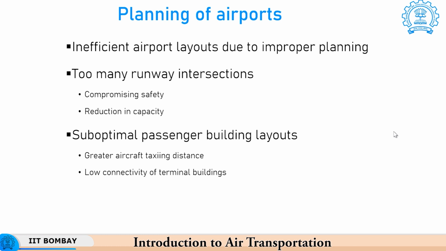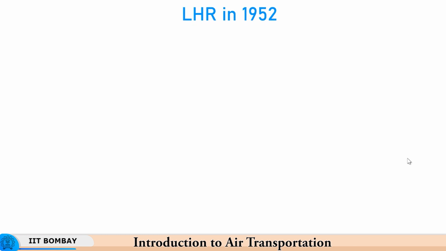Then when passenger terminals are at two different locations and the connectivity between the two is not very good, sometimes you need a bus for connectivity. At some big airports like Munich airport, there are small railway connections. There are these trains which go between terminals. It is quite fast, but still you have to walk some distance and then wait for the train, then go to the destination, again walk some distance.